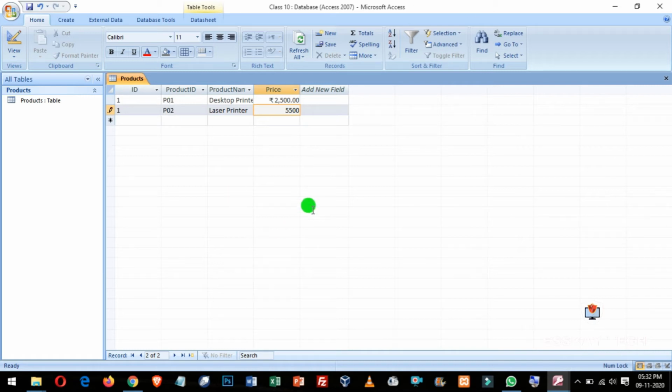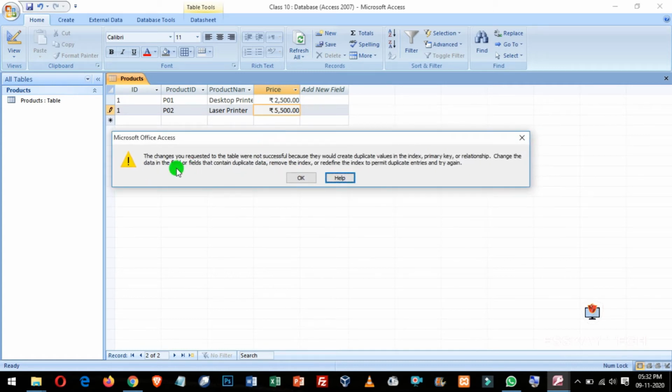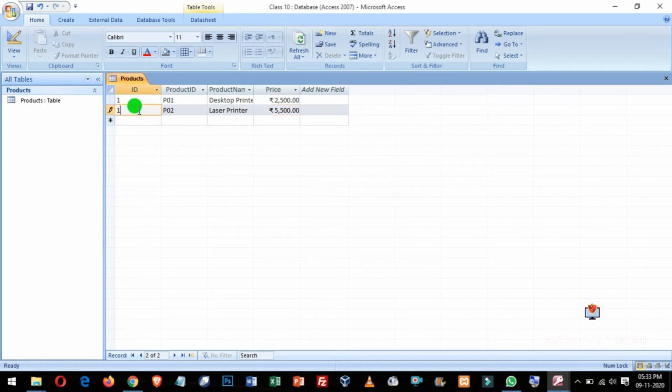You see, it gets stuck and it will give you a message here, and that message says that the changes requested to the table were not successful because they would create duplicate values in the index, primary key or the relationship. Change the value. So basically what it means to say is this particular field has got a primary key and you cannot put the same key again. So let us try to put this, and here 3